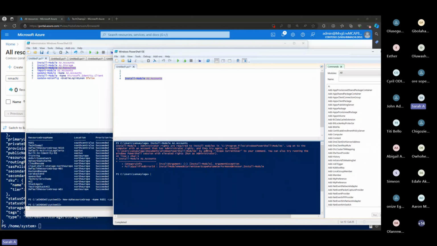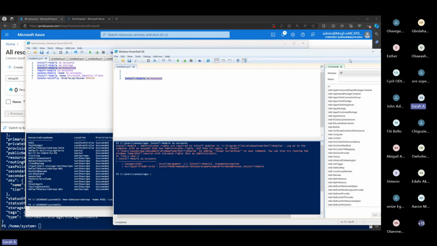Now, there are different ways to use PowerShell, but the most common thing that we do in PowerShell is either to get, to create, to delete, or to update. You can also do so many other things, right, depending on the module, and every module is different. There's Office 365 module, there's Exchange Online module, there's Azure module, and the rest of it. So now I installed module AZ account because I wanted to sign into my Azure account. And when I installed it,